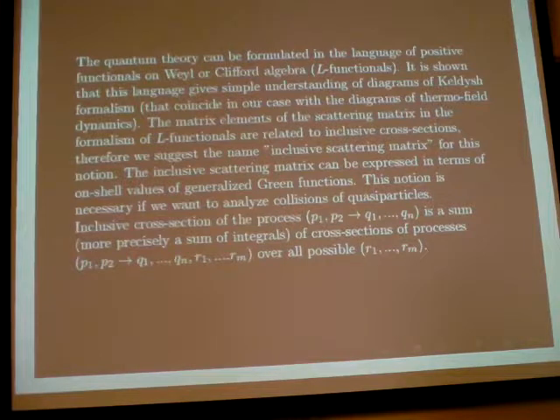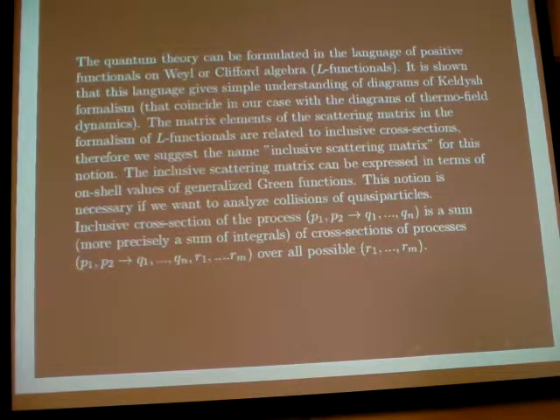But the thing that I think is really very important is the fact that the scattering matrix in the formalism of L functions gives inclusive cross-sections. Not usual cross-sections, but inclusive cross-sections. And I would like to remind that inclusive cross-section, as defined in the slide, simply is a sum of cross-sections of P1, P2 to Q1, ..., Qn, plus anything else,